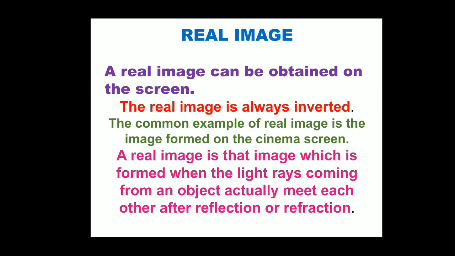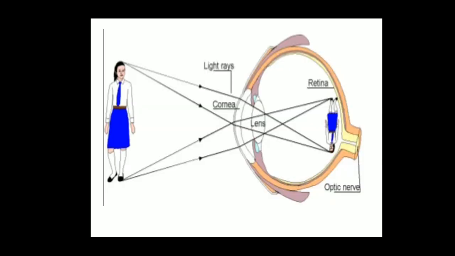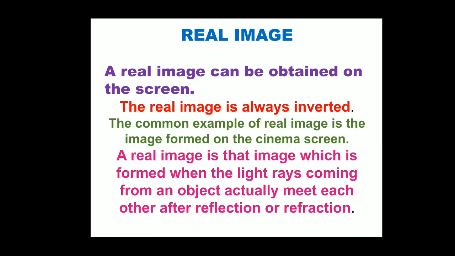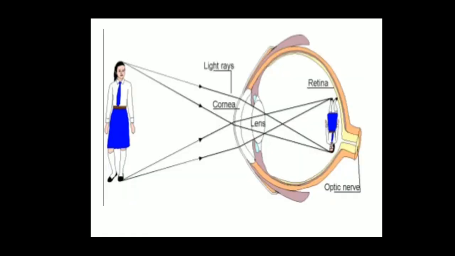But I should know what a real image is. If you can catch an image on a screen, then that is called a real image. In our school, you will have a class in the LCD room, conference hall, or any place. There we catch the image. It is projected on the wall or on the screen, then it is called a real image. Very good example: the image produced in a cinema hall is an example of a real image. And this we will learn in detail in the second chapter.